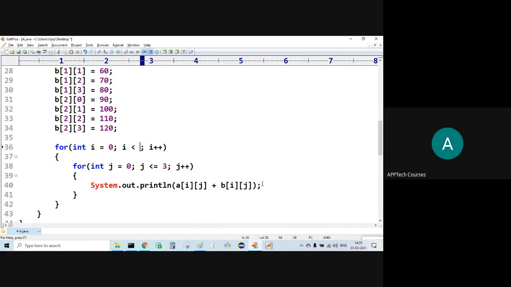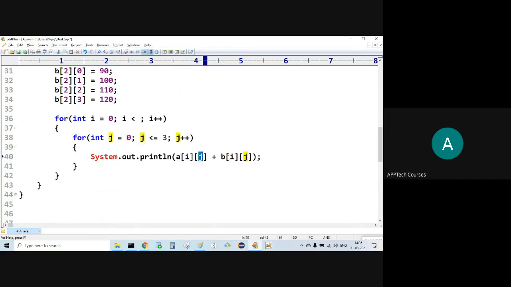For the second iteration, A of 0, 1, B of 0, 1. J will be 1 for the second iteration.